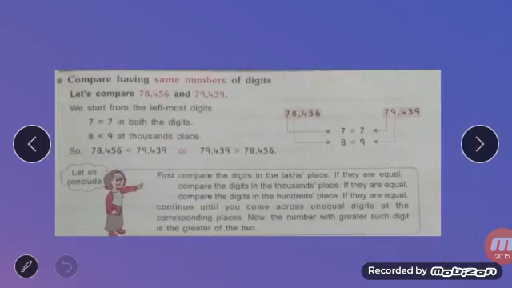Next is comparing numbers having the same number of digits. In the previous question, you saw that one side had more digits, 5 digits, and the other side had 4 digits. So it was easy to compare, because more digits means greater. Now here the digits are the same. What are digits? As I have told, in English there are alphabets, A, B, C, D, letters. In the same way in maths, there are digits. When numbers are written together, those are the digits.